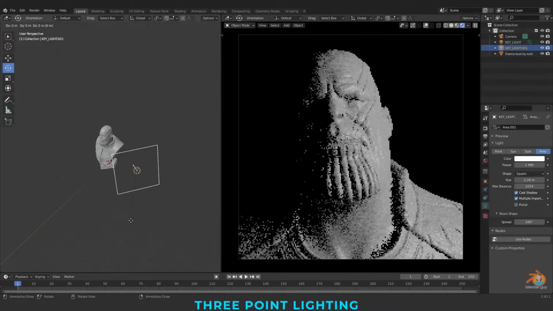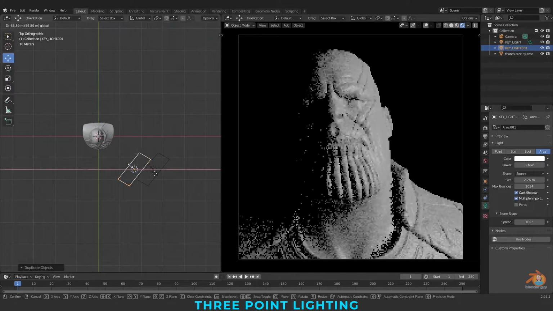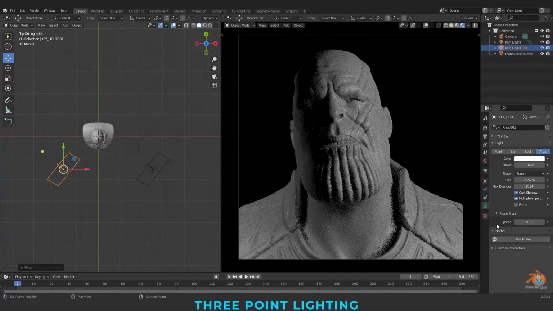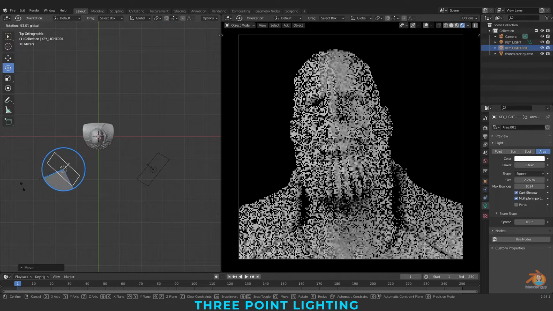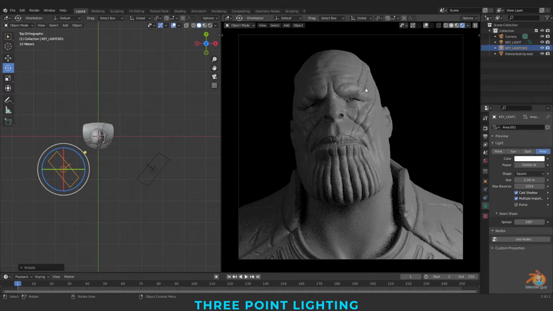And Shift D, duplicating the same, and decreasing the value. This is our key light and this is our fill light.